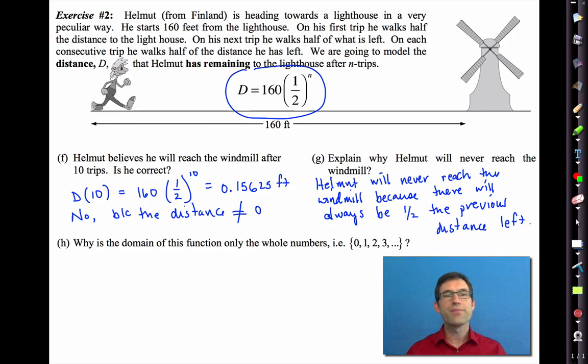So even when he gets microscopically close to the windmill, he's still going to look and say, well, I